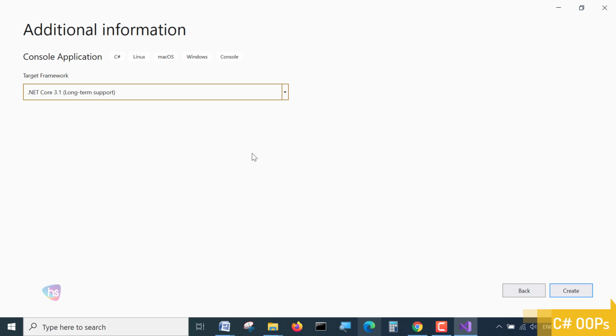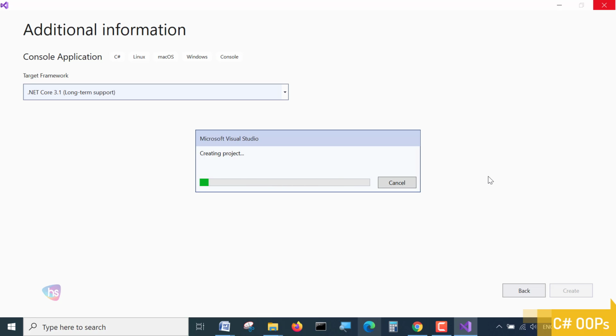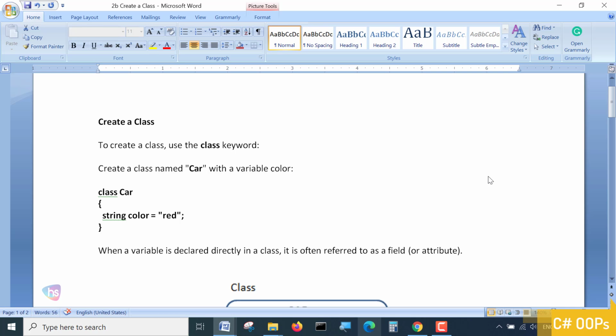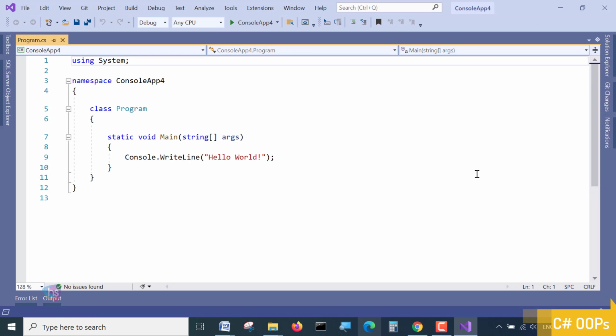By learning any one framework, you will definitely be able to work with any framework. So try to understand how you deal with the framework and the C# language, and it will be very easy for you. So I'm going to click create. Yeah, the project is being created. It depends upon your system performance, how much memory and hard disk capacity the system has. Based on that, it will be created.